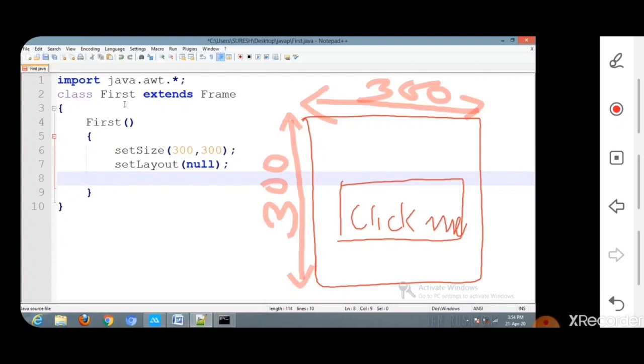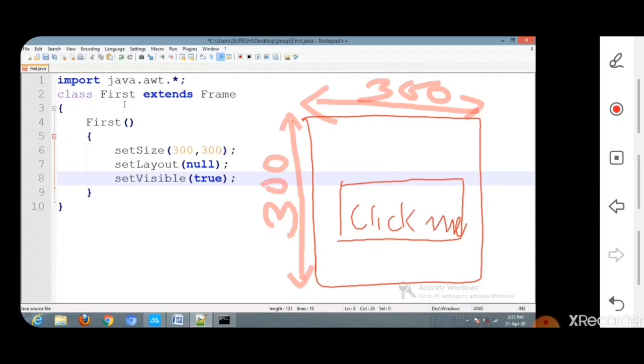Then the next method is setVisible true. We already said that the setVisible method changes the visibility of the component as per our requirement.